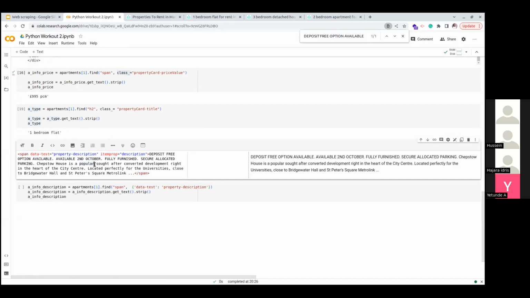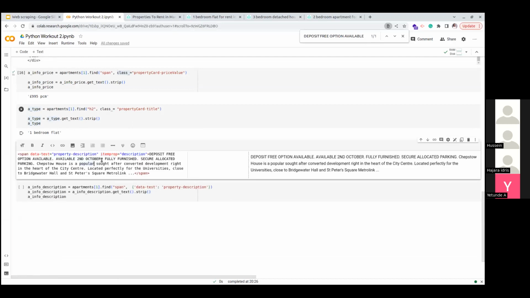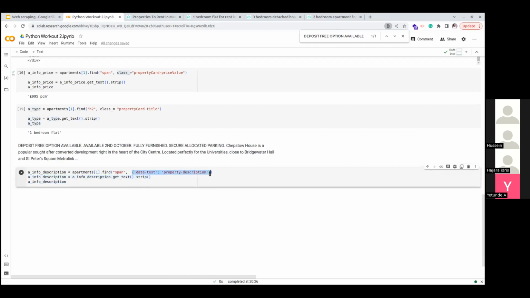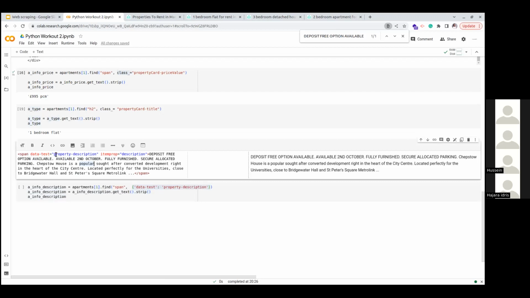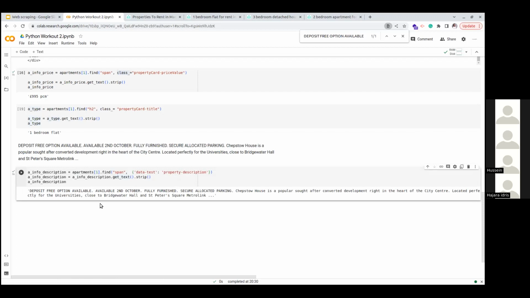So for this one, we'll still do the find by span, but rather than saying the one that has a class, we will now pass this dictionary here, where the key will be one of these properties, and the value of the key is property description. I can decide to use item prop. Actually, let me try item prop. So you can see that it has given me the text.